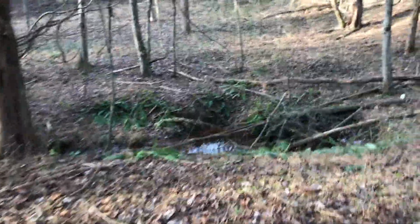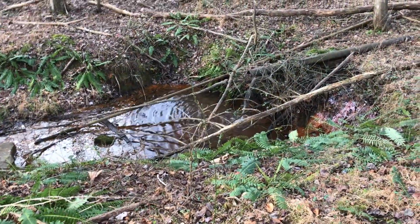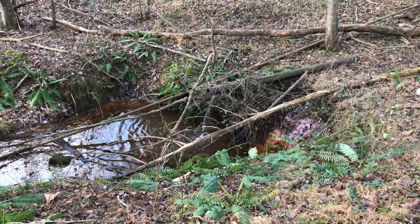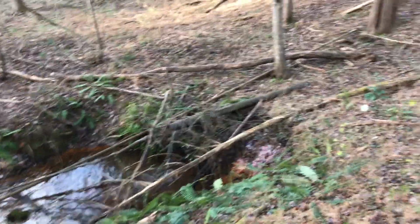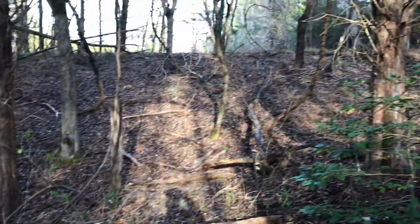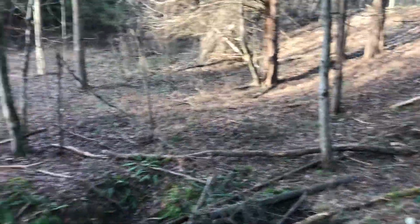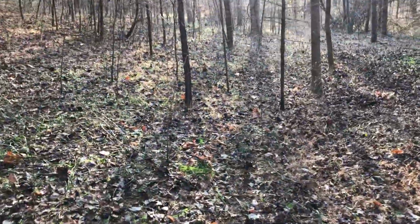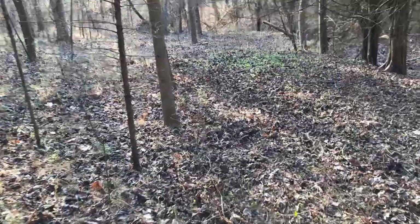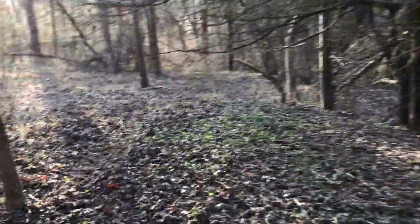Oh, there it is. Let's see if you can hear that. Yeah, so back side of the dam. Pretty clear back in here. I gotta trim these trees back, but we'll go down here real quick. Take a little walk. This is